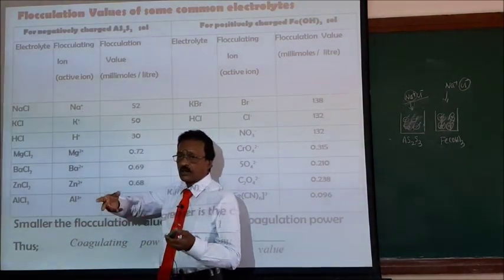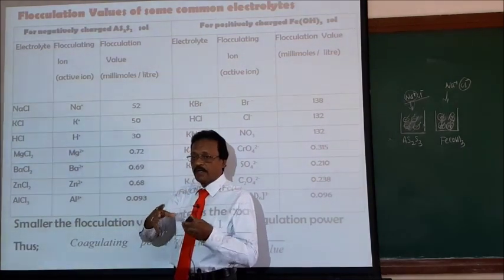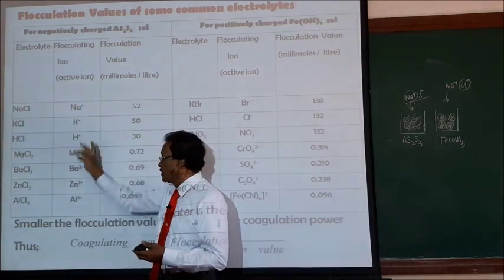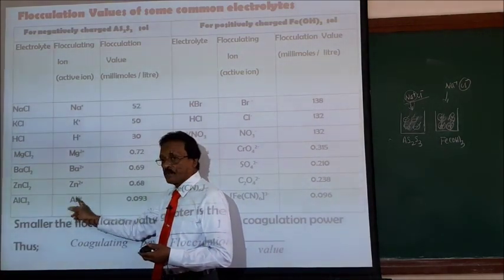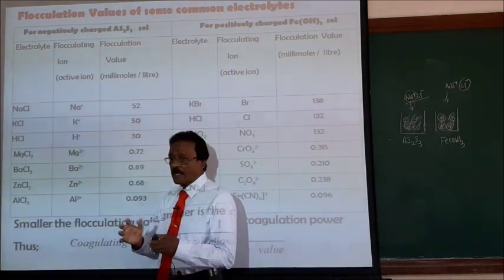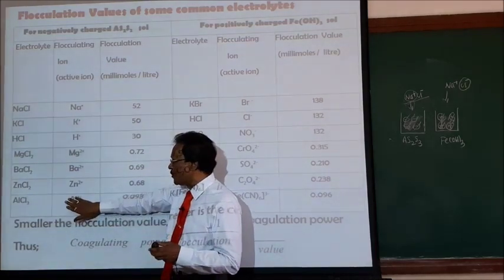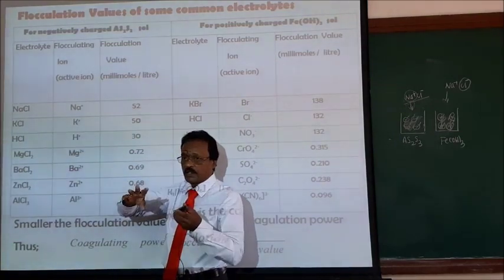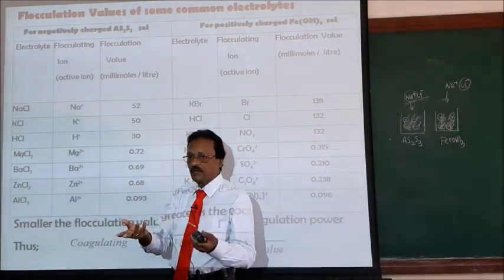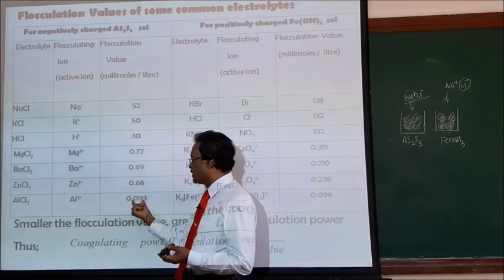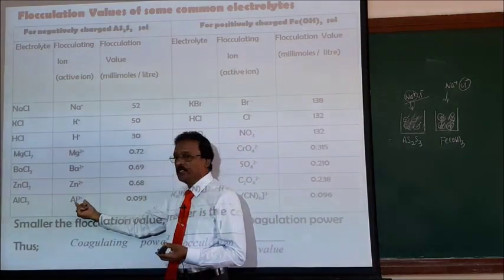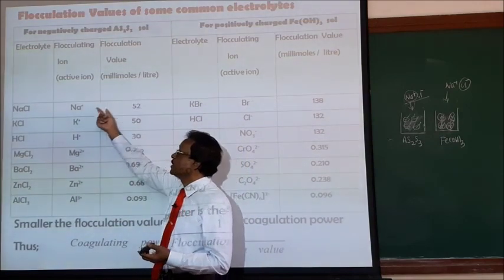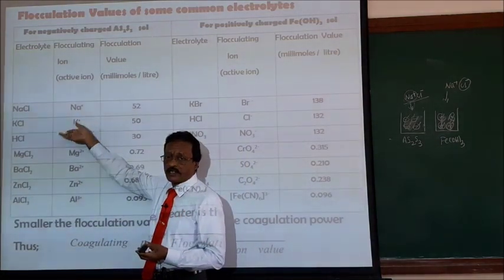That is what the Hardy-Schulze rule says. The coagulation power depends upon the magnitude of the charge. Na plus has only 1 charge. Al3 plus has 3 plus. So to coagulate a sol, the ion with more charge can bring about the coagulation with a small amount. If you use Na plus, more amount is required for the coagulation. That is expressed in terms of the flocculation value. The values will be given to you. Lesser the flocculation value, greater is the coagulation power. Or greater the flocculation value, lesser will be the coagulating power. One example I have given.